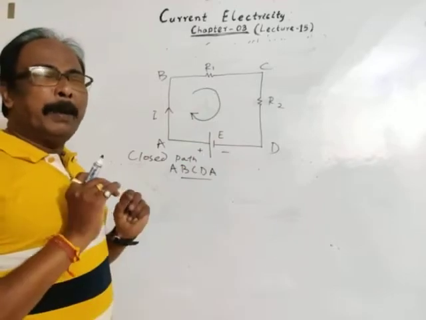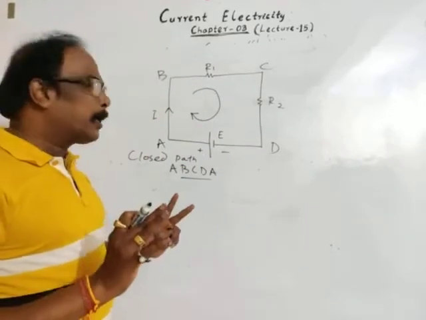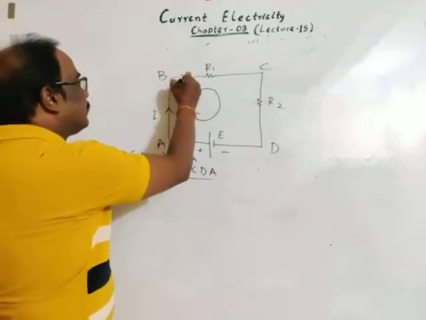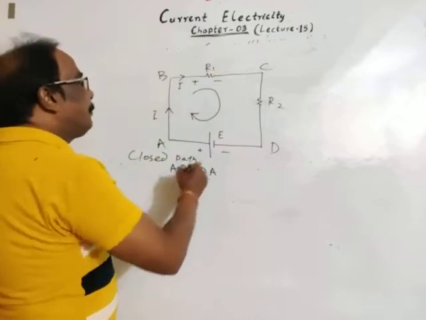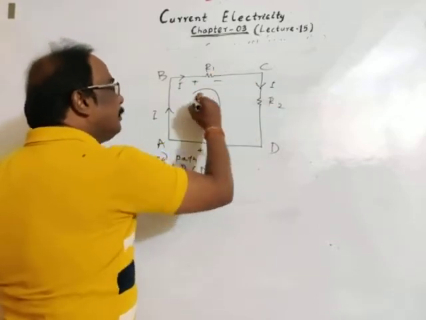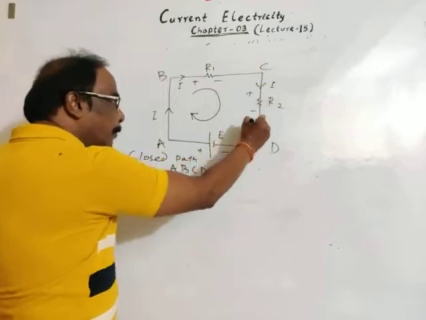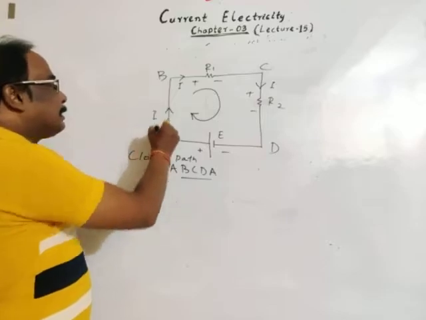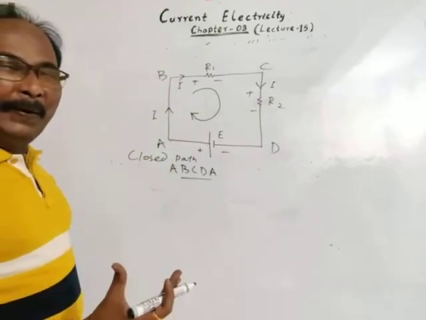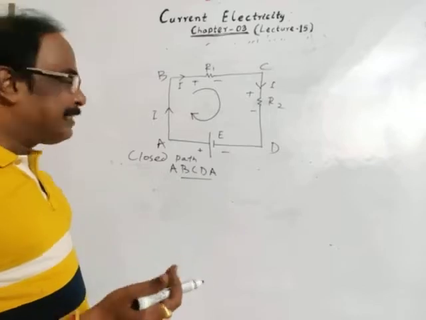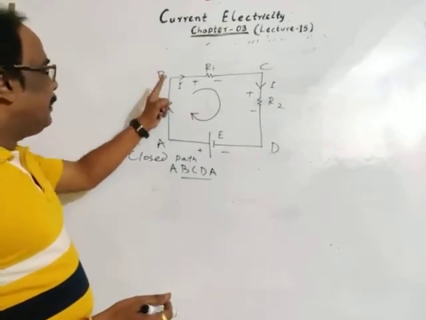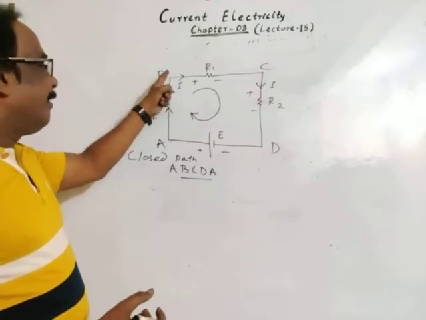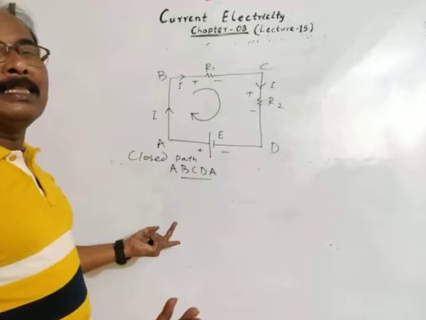See, the simplest way: current flows from high potential to low potential. This is the current I, through R. This is also I, there is no branch. Then from A to B, there is no resistance, there is no load, so the product of I and R is 0 from A to B. Here resistance is 0, so the potential drop is 0.